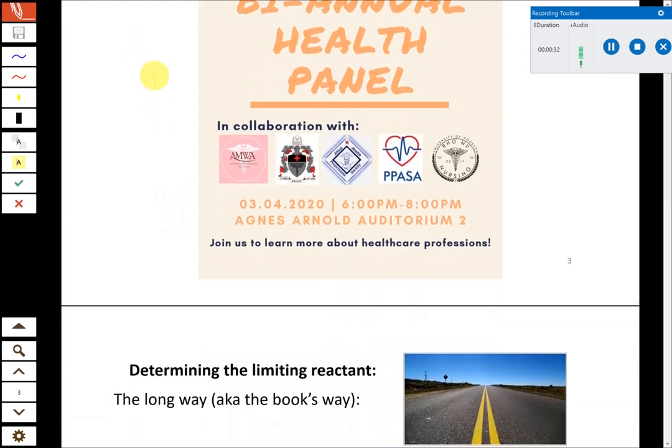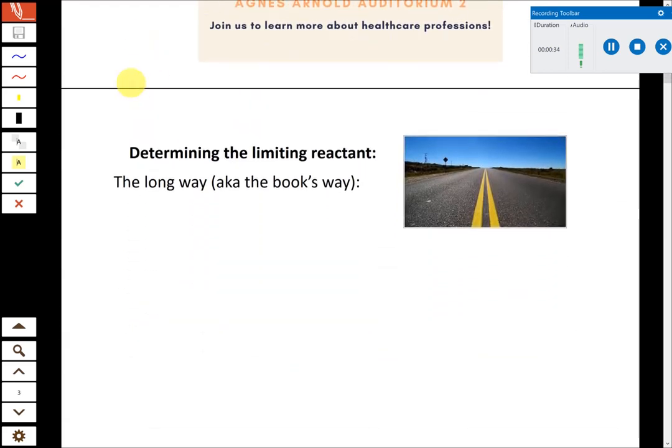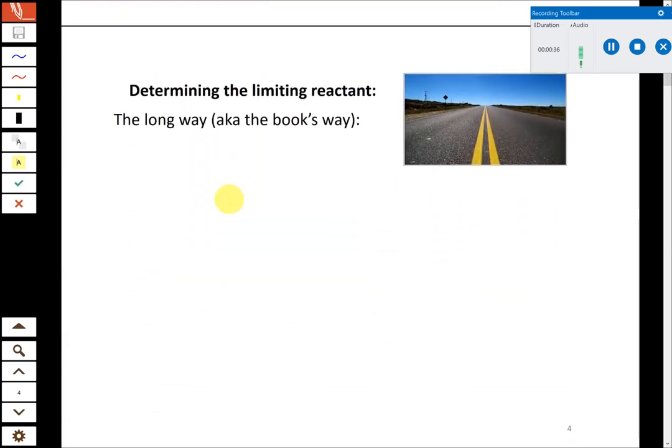All right, so let's get into what we're going to cover today, which is we are going to finish chapter 5 and probably begin chapter 6 at the end. So we are finally getting to a point where we're a little bit ahead of the homework assignments, after the long slog of the first part of the semester. So what we're going to talk about today is another concept related to stoichiometry, which is the concept of limiting reactant or limiting reagent. I don't have a formal slide where I'm going to define this, but basically the idea